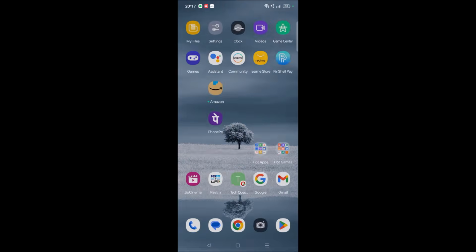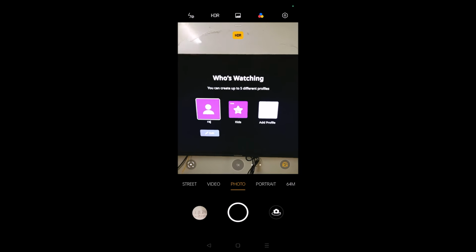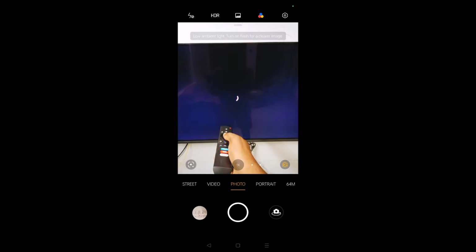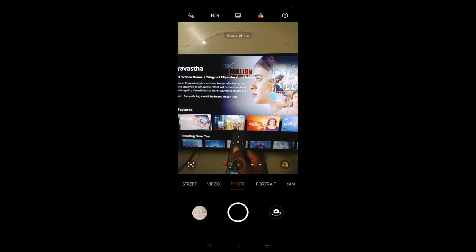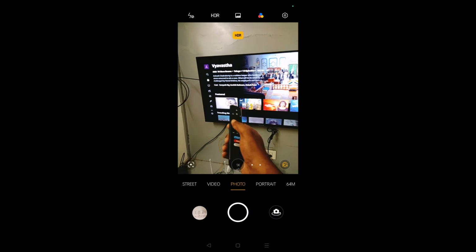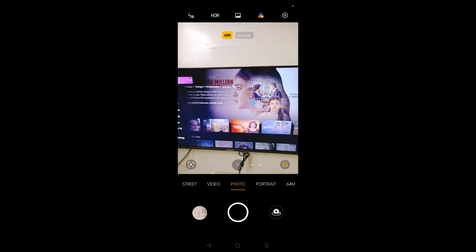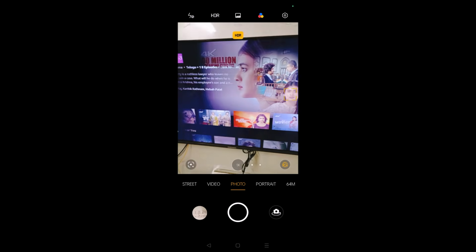So I'll show you. I'll open the camera, and when I click on activate, it says the TV on zee5 is activated. You can just press OK, the middle button, and now you can watch zee5 on your TV, and it is subscribed. This account is subscribed, and your account is logged in. See here, logged in. So this is how simple you can log in or activate zee5 on your